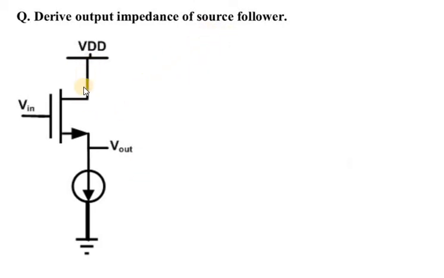Source follower. So now the given circuit is a source follower because the output is taken from the source of the NMOS. For calculating the impedance of the circuit, you need to put a voltage or current source at the respective position, either input or output, and the other bias or VDD will be grounded, and the input AC signal will also get grounded. So here at the source of the NMOS I am putting one voltage source and I am drawing the small signal model of this given circuit.